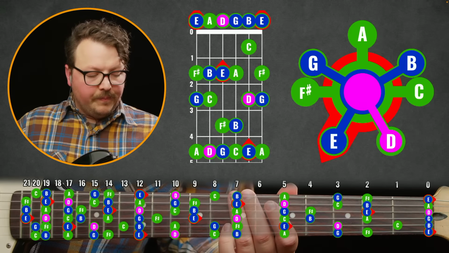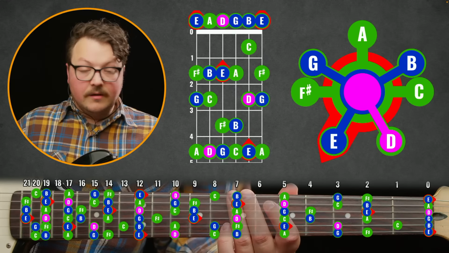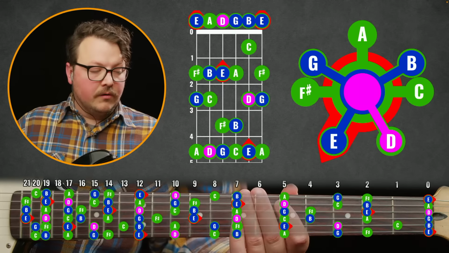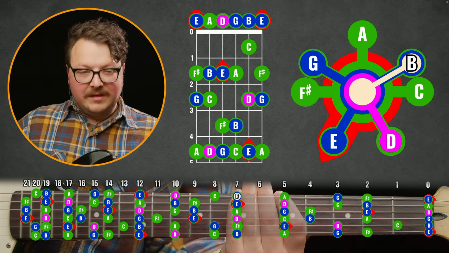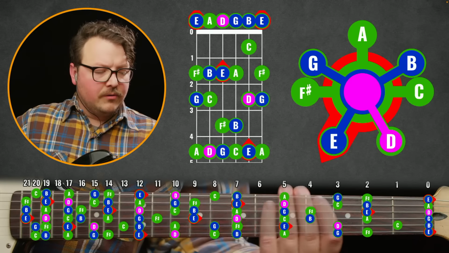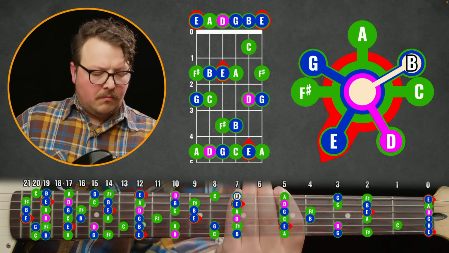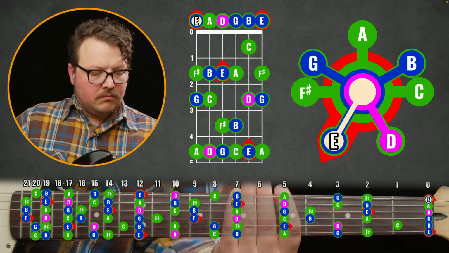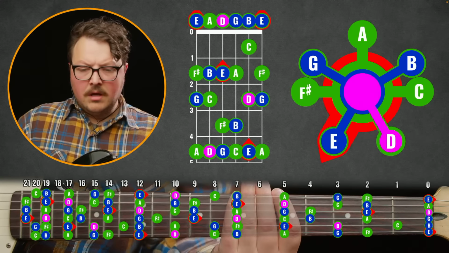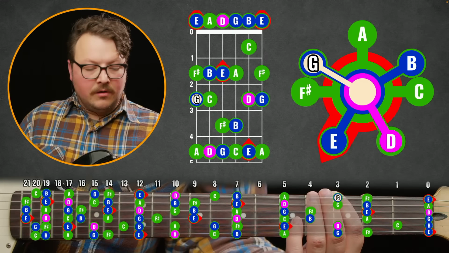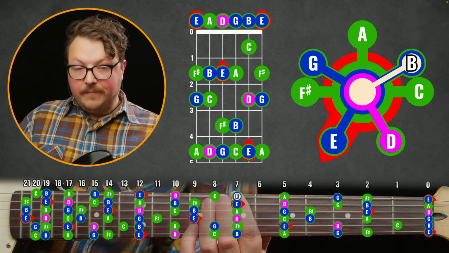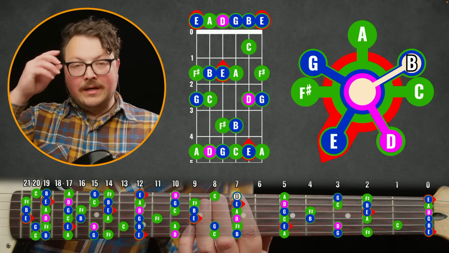Right? And sometimes they'll even walk up to the fifth of the chord, which is a cool bass line to play if you're just playing an E minor chord. But you don't necessarily want to hang out on the third of the chord. But there's something about the fifth where it harmonizes